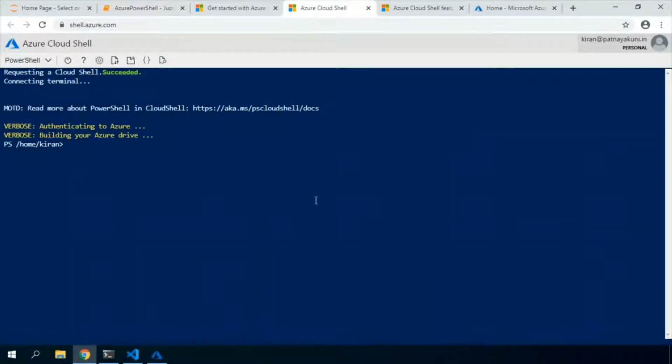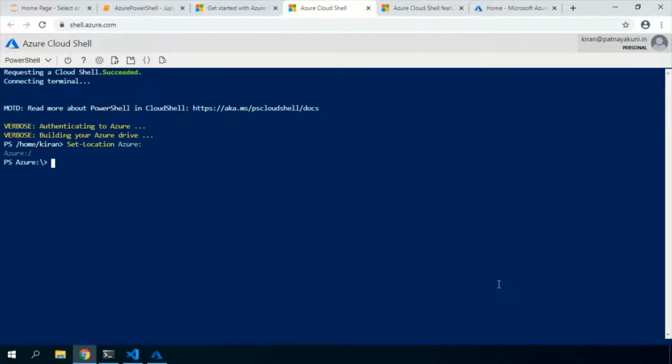Okay, and in the Cloud Shell, I want to show you two things. One is Azure Cloud Drive and the other is the Code Editor. So I'll quickly show them, and then I will jump into the Azure PowerShell module inside our local box. To go inside the cloud PS drive, the drive name is Azure. You can use all the PowerShell cmdlets, Set-Location, or you can use CD, and Azure.